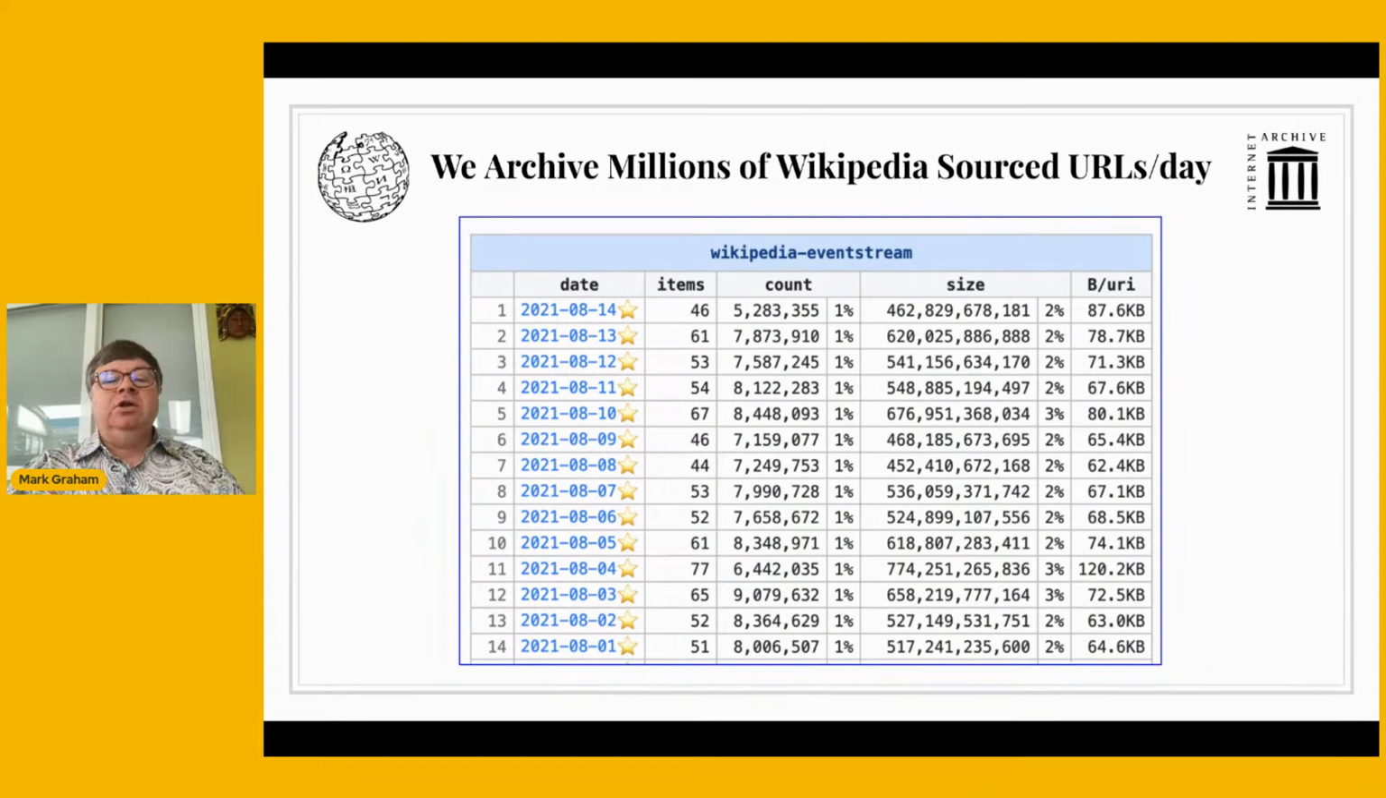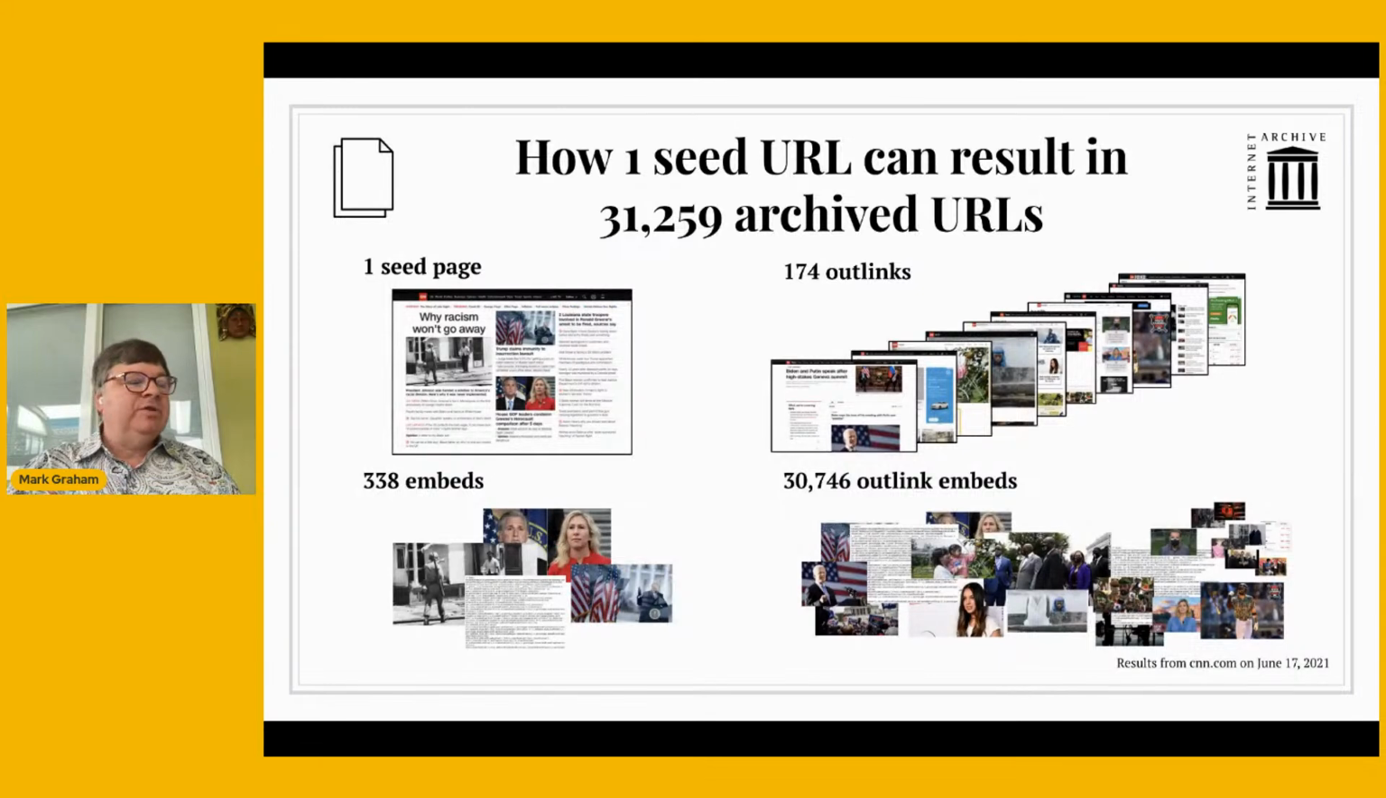So this is a look here at the number of URLs. The count number is the key number that we archive from the event stream API by day for the last several days. So it's about 7 million URLs a day. You might say, wait, that makes no sense whatsoever. There's not 7 million URLs added or changed. That's because we archive a seed URL and then we archive outlink URLs as well, and all of the embedded